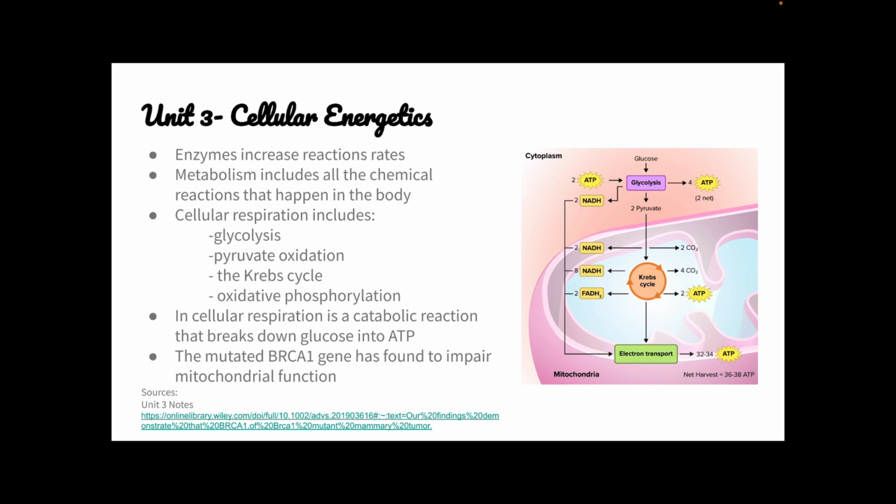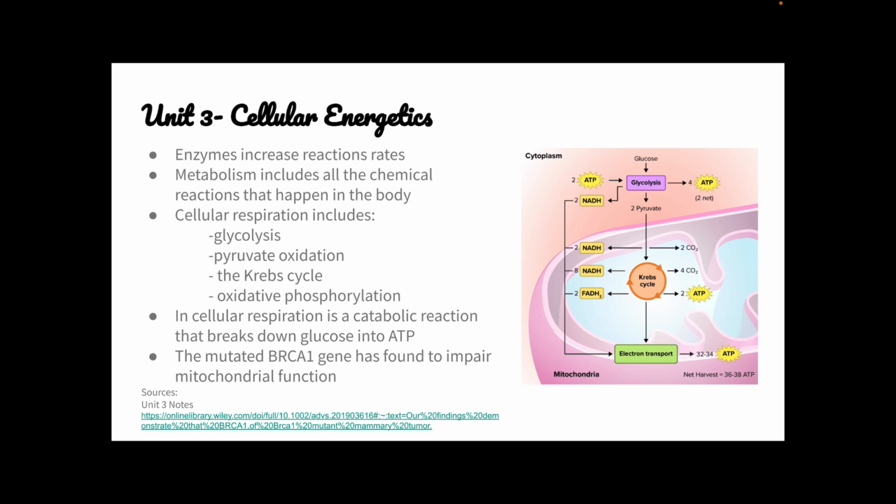And so one of our catabolic reactions is cellular respiration, which helps create ATP for the body. Cellular respiration has 4 main stages. There's glycolysis, which is in the cytoplasm of the cell, and it breaks down glucose into pyruvate. Then we have pyruvate oxidation, or the link reaction,